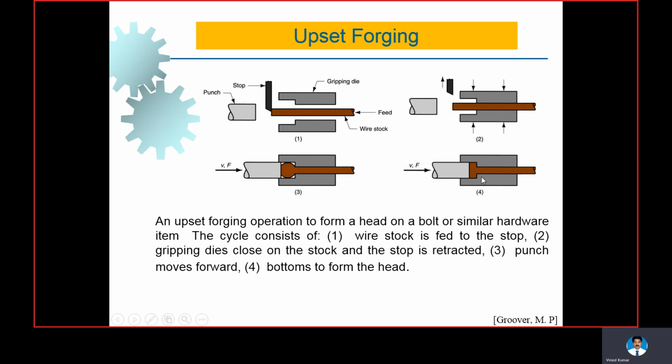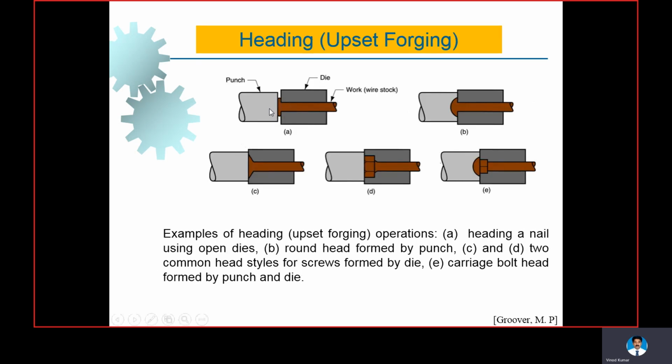How do we produce different heads? That you can see here. This is first heading a nail, the head of the nail. How do we produce the head of the nail using an open punch? Then you can see here a round head formed by a punch. This is a round head formed by a punch. Then you can see similar things. Several head shapes can be produced